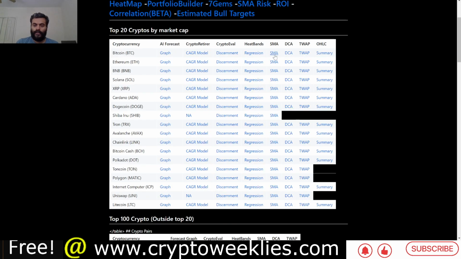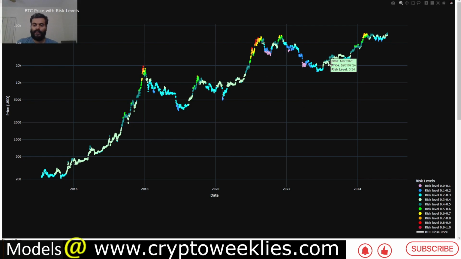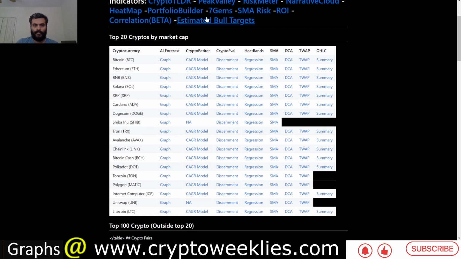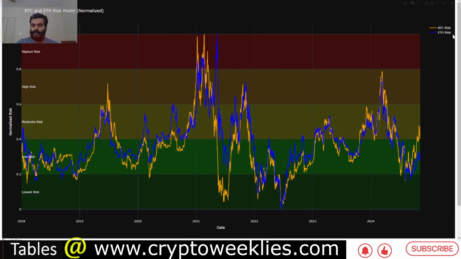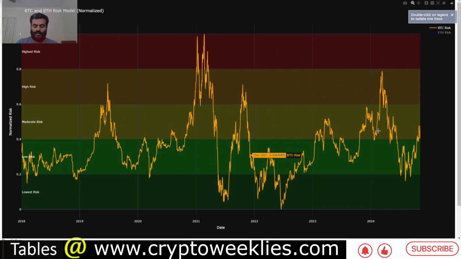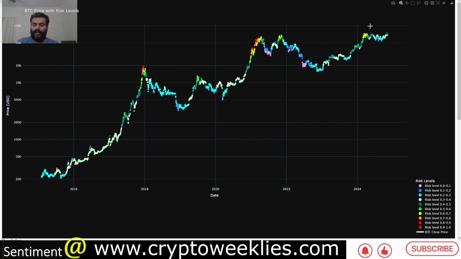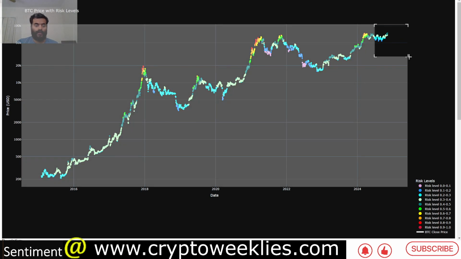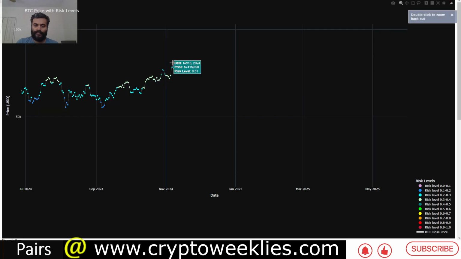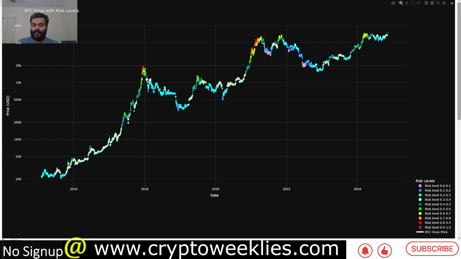If we were to now focus our attention on the 3 accumulation strategies for Bitcoin and the models that we have, the first is the simple moving average based accumulation strategy, quite similar to the chart that we showed earlier. Instead of looking at it just exclusively based on the risk levels, we are looking at price as well as the risk levels. Per this analysis, again color coded in terms of risk level, the risk is at around 51, almost a 50-50 split between the risk and reward at this point in time.